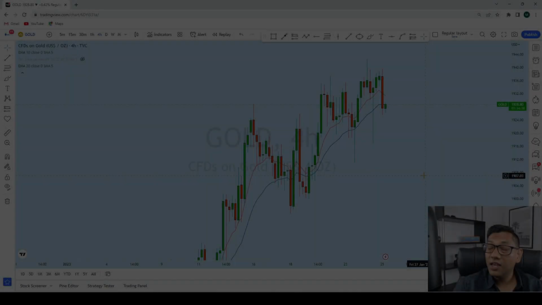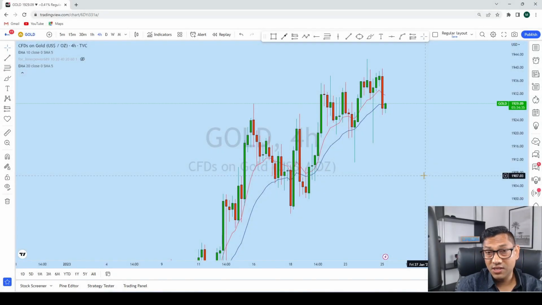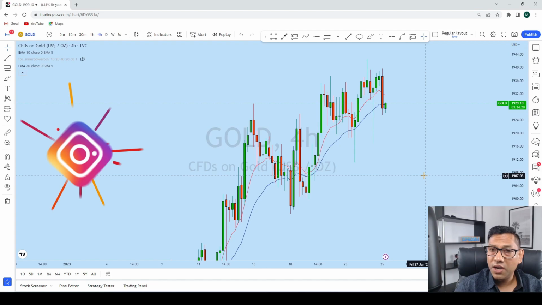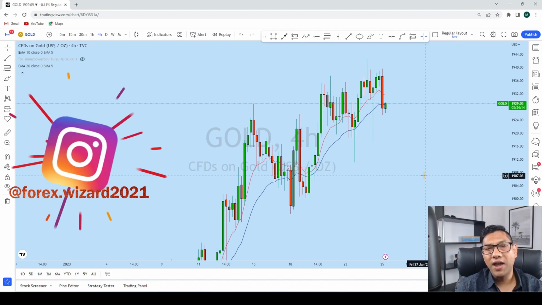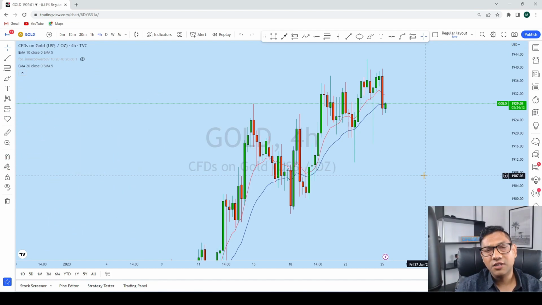Okay guys, so first let's find out what in fact a smart money concept is. What is the definition? Now if you Google it or go to Investopedia, you might find a lot of information, sometimes that might confuse you. For me, the easiest way to understand the definition of a smart money concept is a zone or level where the smart money is buying or selling in the market. So in fact, this is the most important thing as a trader you need to know, right? Where they are buying and selling so that we can buy and sell from the same zone